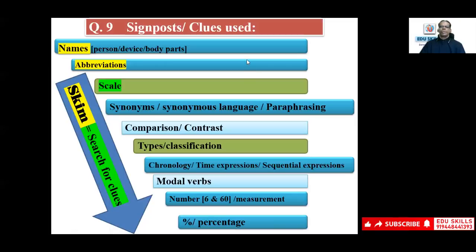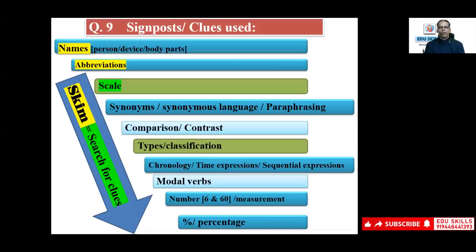Percentage. Still, there are people who use percentage with the digits. Remember always, don't ever make that mistake again. When you use a digit, don't say 50 percentage or 60 percentage. That is wrong. You say 60%, 70%, 80%. But when you are not using a digit, you can say a high percentage, a low percentage, a better percentage.